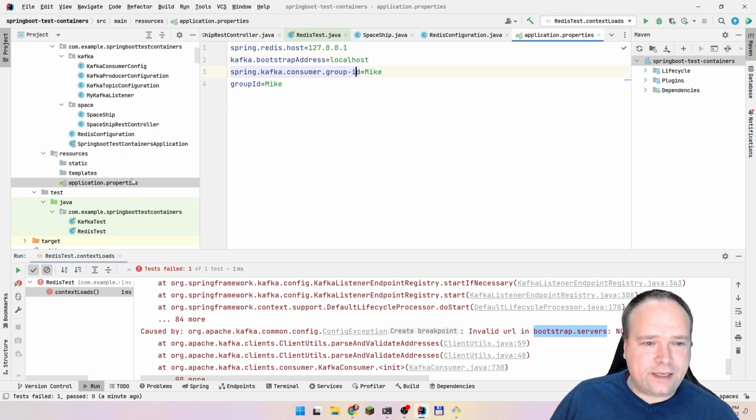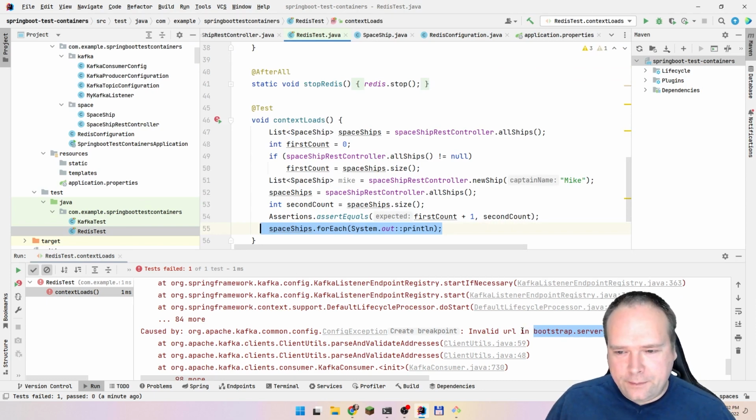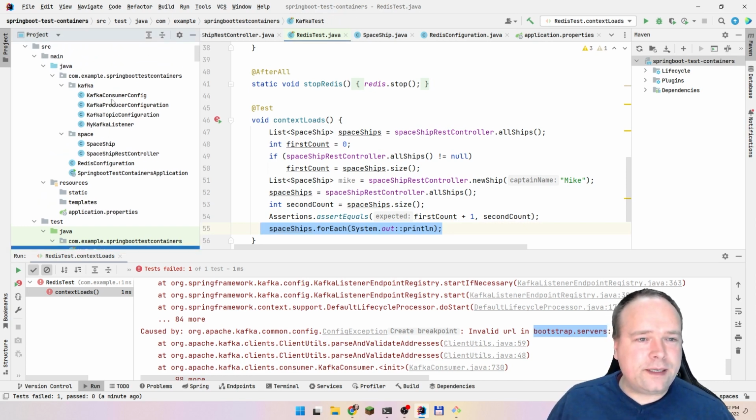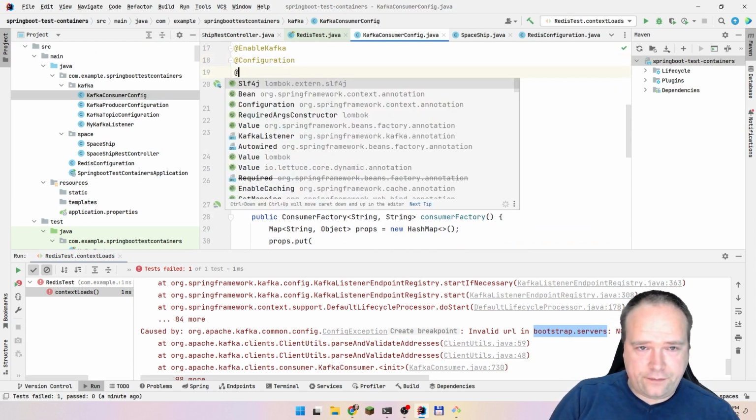The problem now is that we actually have two tests, and in one of them we want to run an integration with Redis, and the other one we want to run an integration with Kafka. So we will actually take the Kafka code